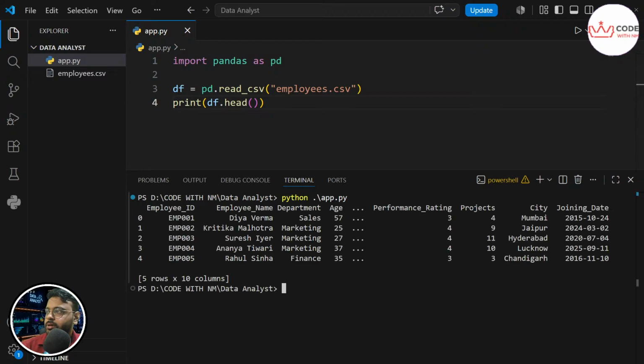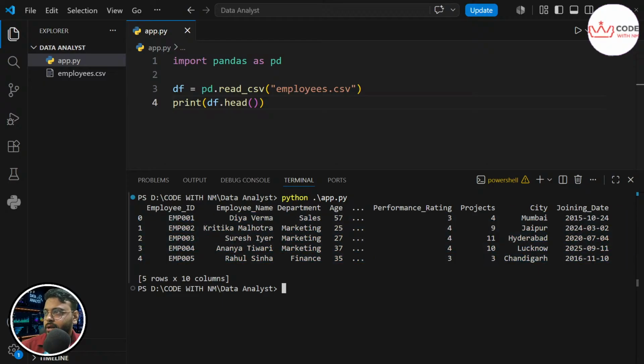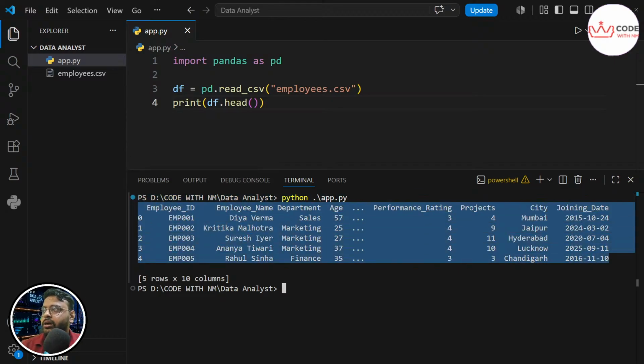You can see 0 to 4, meaning 5 rows have been loaded, and I can successfully see ID, employee name, department, age, rating, project, CTC, and joining date. Each and every piece of data has been successfully loaded from the CSV into my df variable.